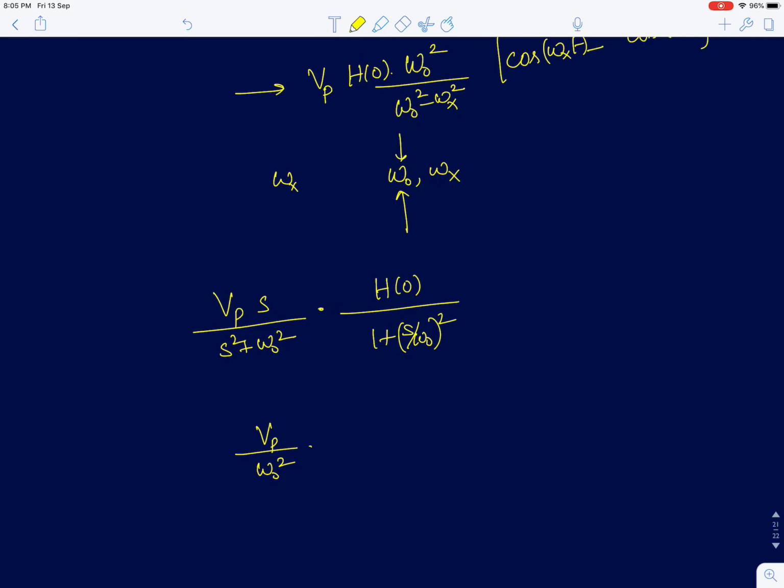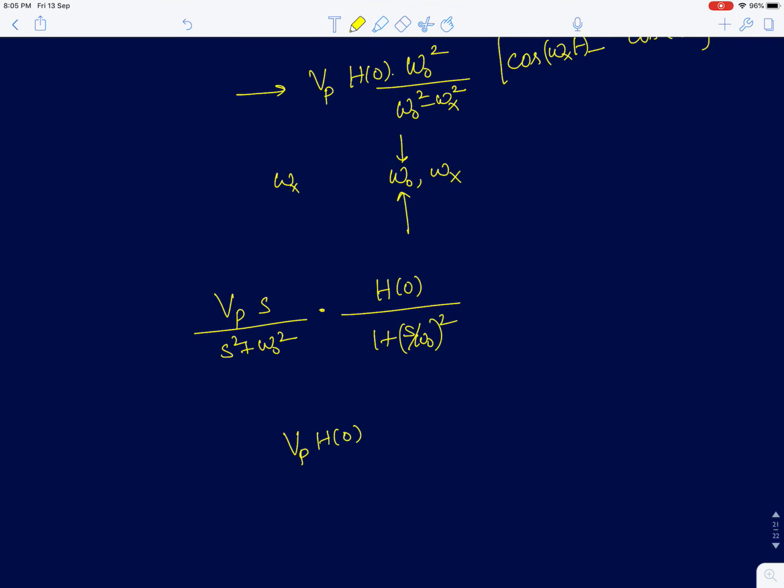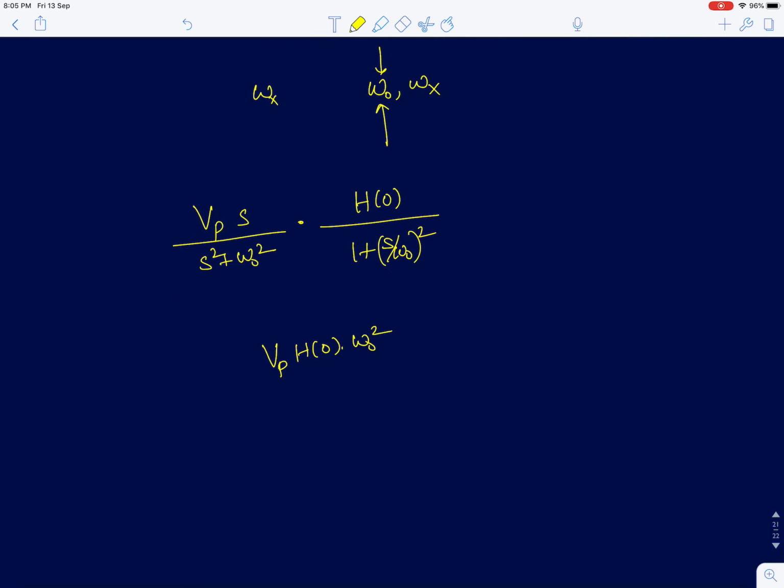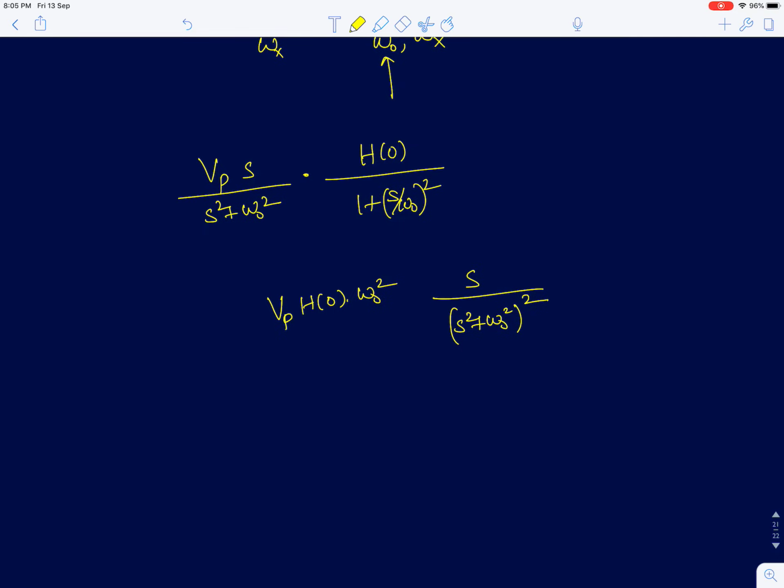So again I just rearrange some terms, and I'm going to reduce this. Okay. So again, in one of the previous lectures we derived the inverse Laplace transform for this equation, which is actually t by 2 sine omega naught t into u of t,